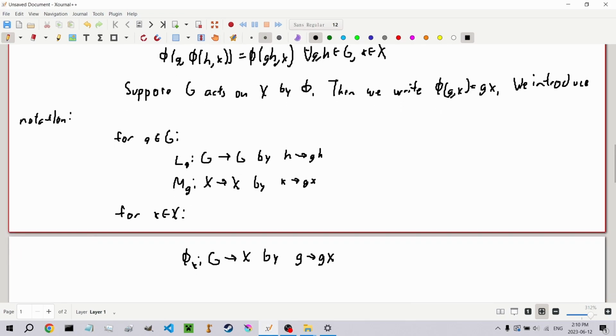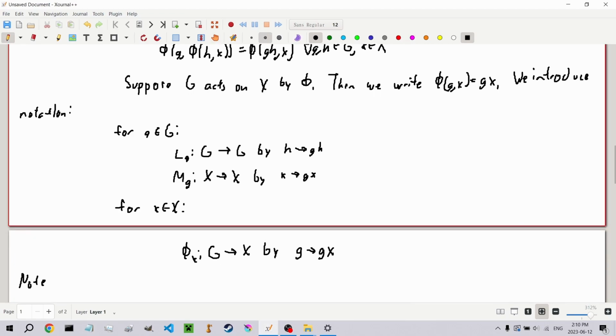And it's worth noting that L_g and M_g are analytic isomorphisms,